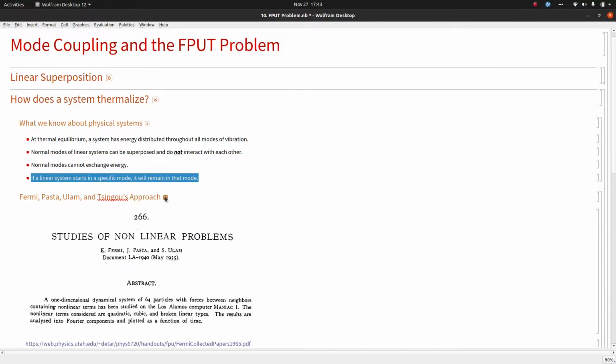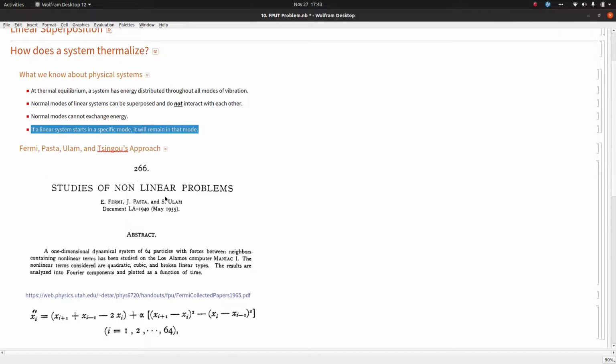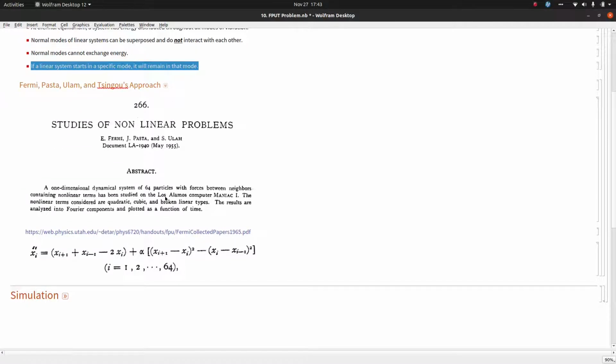And this was a question that Fermi, Pasta, Ulam, and Tsingou looked at. This was in a 1950 paper. It was one of the first computational problems solved with physics. It's a paper called Studies of Nonlinear Problems. If you look it up online, you can find a copy of it. In the abstract, they talk about a one-dimensional dynamic system of 64 particles that they simulated at Los Alamos National Lab using the computer MANIAC 1, which is one of the first supercomputers. Your flip phone of 10 years ago probably had more computing power than it,